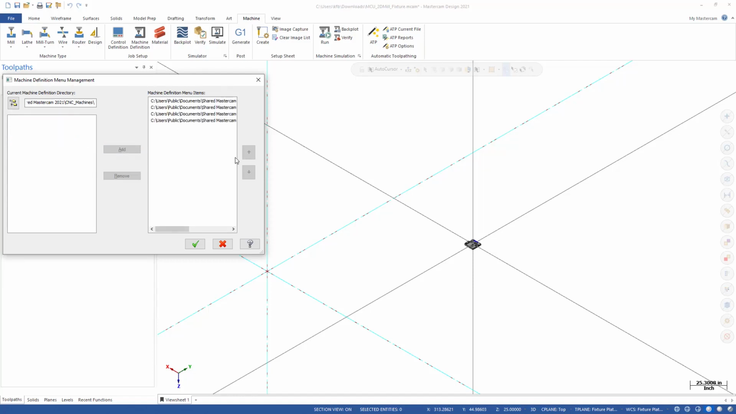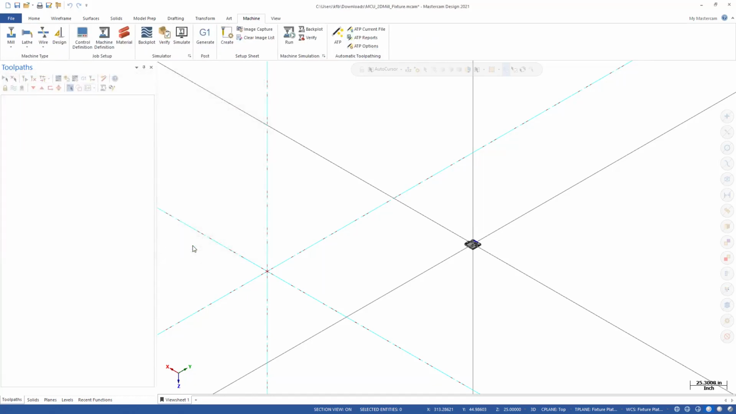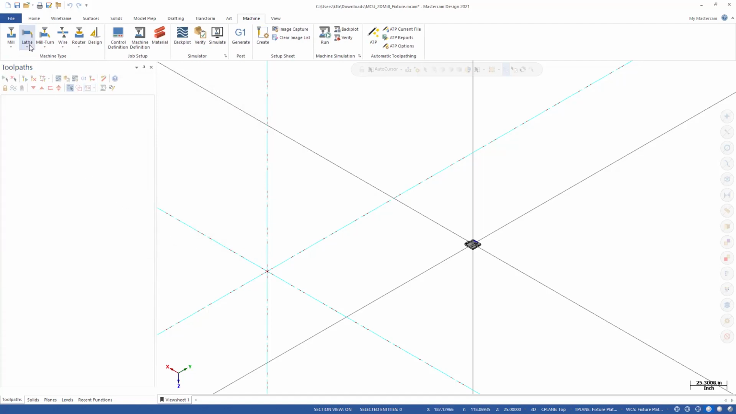The only thing this is doing is populating these machines into my drop-down list, which means now if I go to the mill tab, you'll notice there's 4 machines here. So you'd want to put on this list the machines that you intend on using. For example, if you're only using one Haas machine, have that be the machine that's listed here as opposed to